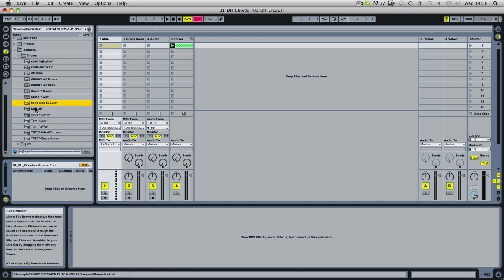basic crashes. Kick is off a new synth that we'll be telling you about very soon. Snares off a 707. Tom, I think, is off a 707 as well. And you can check out